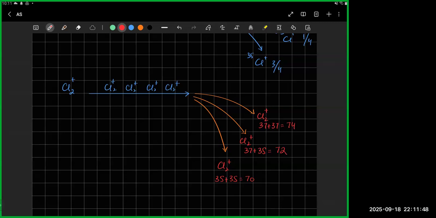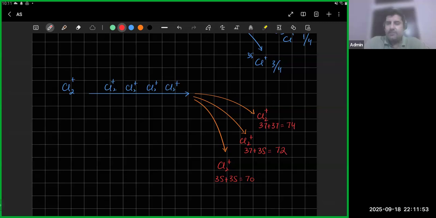Yes, sir. Okay, now what will the probability be? What is the percentage abundance of detecting 70? What are the chances of detecting 72, and what are the chances of detecting 74? I say if you have studied probability, basic probability,